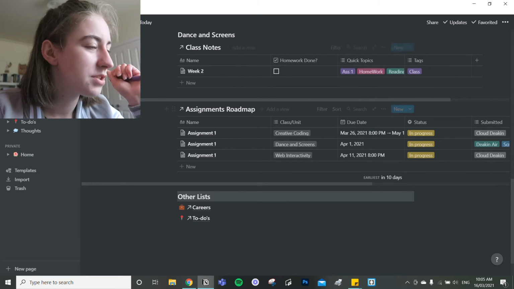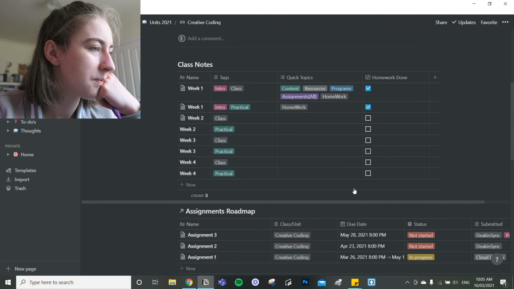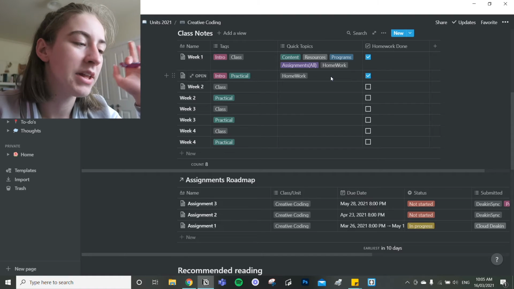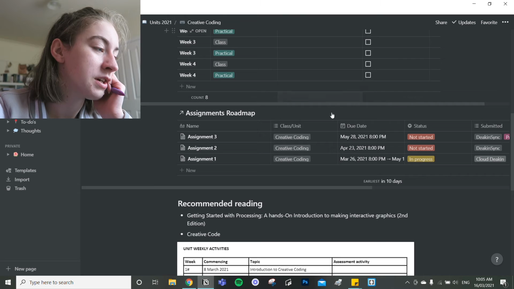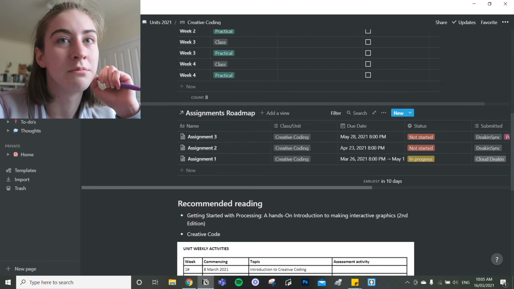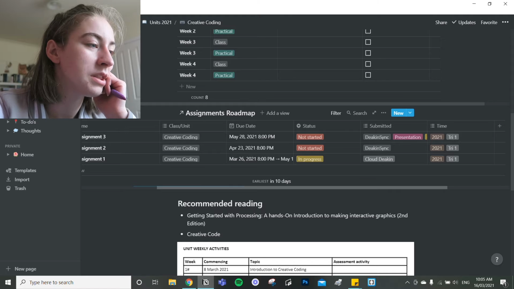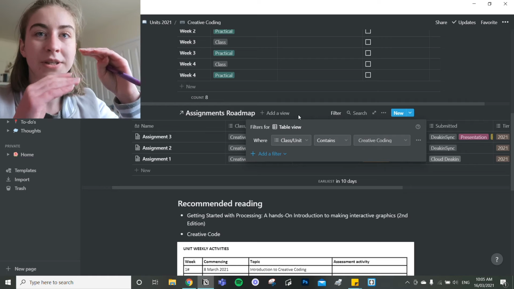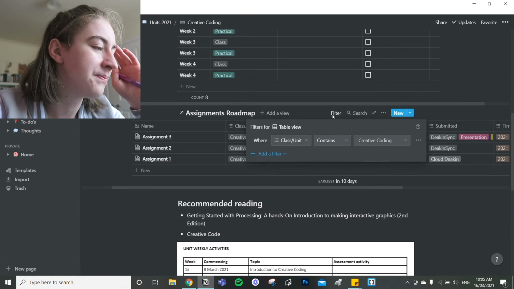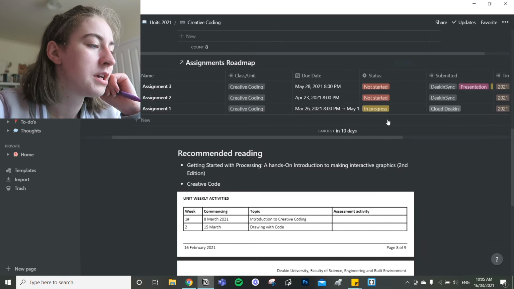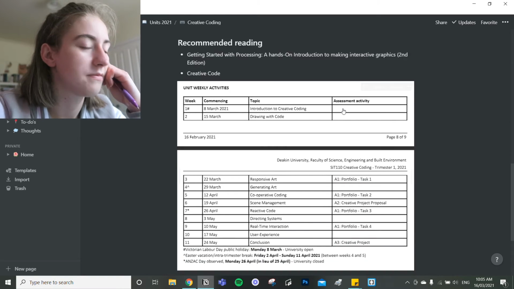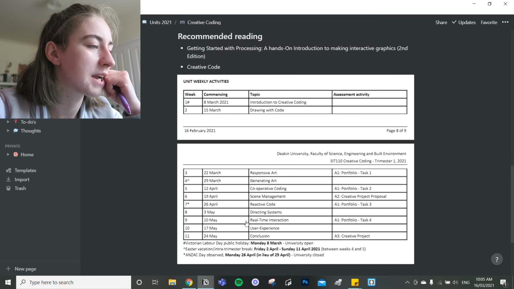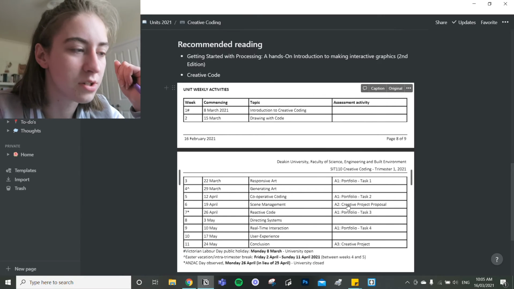I also have my assignments that are in progress so that I can see them as well. Okay, so that is basically why and how I tag them and how I link them all up. Here are all of the assignments for this unit, doesn't matter whether they're in progress or not. The way that I'm filtering this is from that big assignments list just down to the ones that are for this unit. And then down here I have just a few things. So this is the unit's weekly activities and the assignments and stuff that I need to do.